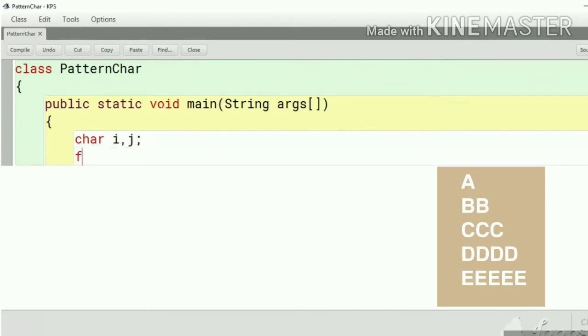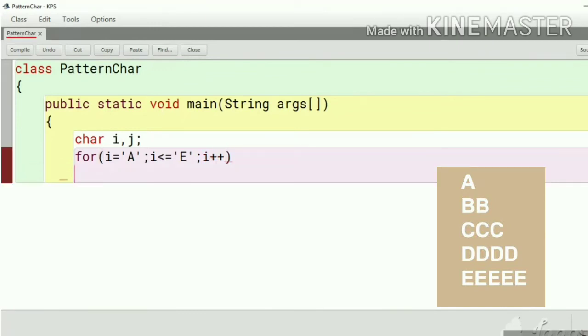Here we have to start with the outer loop: I equal to single inverted comma A semicolon, I less than equal to E. This one will go up to E semicolon, I plus plus for the outer loop.